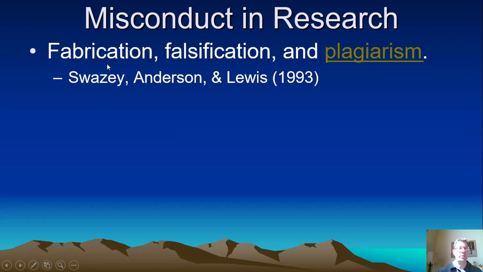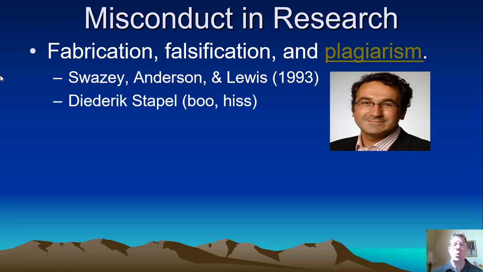It might start with dropping a few participants when you shouldn't, just to get that p-value below 0.05. And then eventually it might escalate into faking data altogether. And there's no justification for it, but I think part of it is this pressure to publish. Probably one of the worst